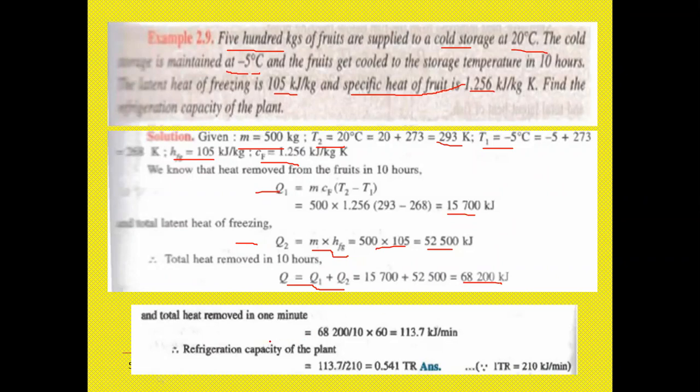The refrigeration capacity is equal to the total heat removed in 1 minute. Therefore 68,200 divided by 10 into 60. Why 10 here? Because it is 10 hours, 10 hours into 60 minutes. That is 113.7 kilojoules per second. Then the refrigeration capacity of the plant is 113.7 divided by